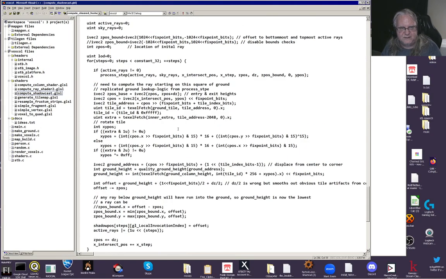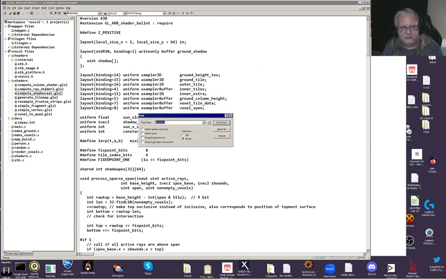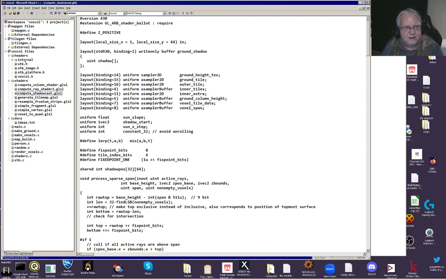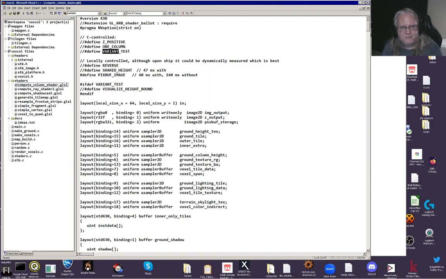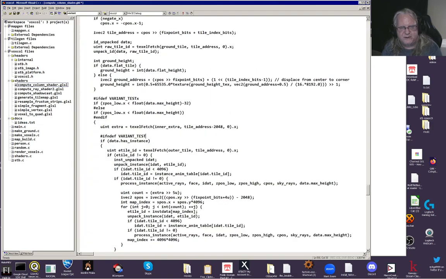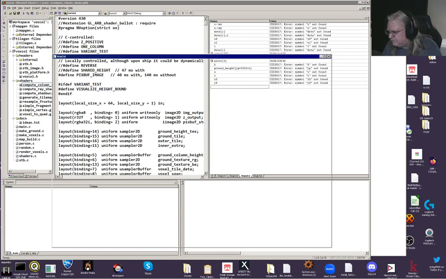I can actually visualize that. I have a thing to visualize it. So variant. Oh, I'm in the wrong one. That's why. Variant test. Not that one. Visualize height bound, and then turn off all the other variant tests. Yep, okay. So if I do this,